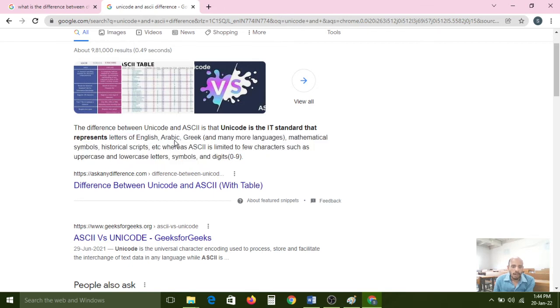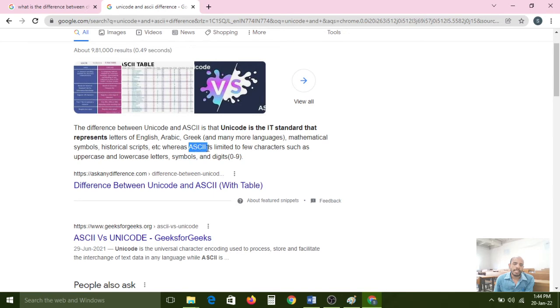So compared to ASCII, Unicode characters show very high range performance. ASCII is a superset and Unicode is a subset. First they defined ASCII, after that they defined Unicode.